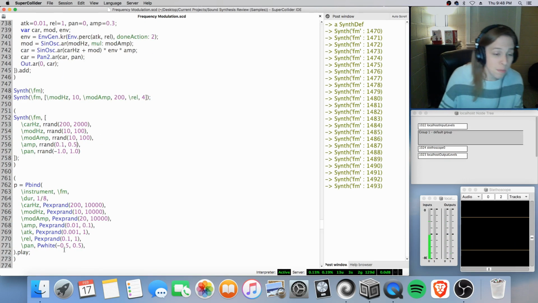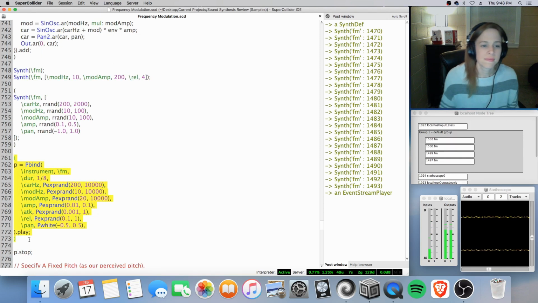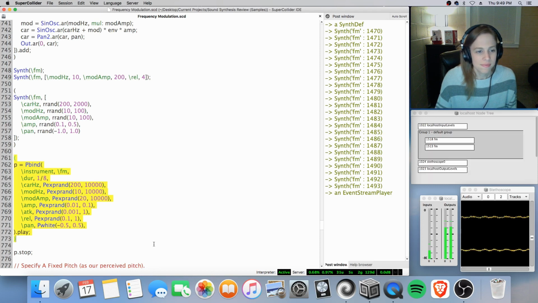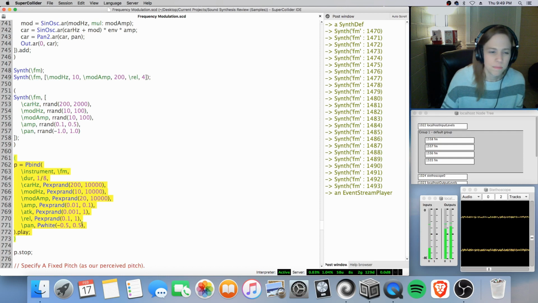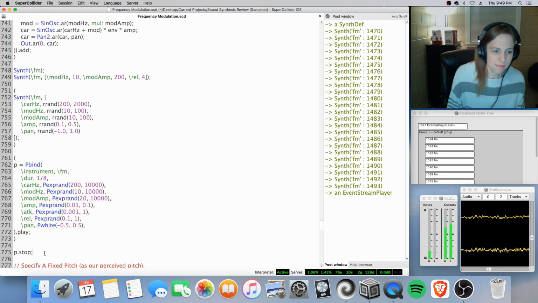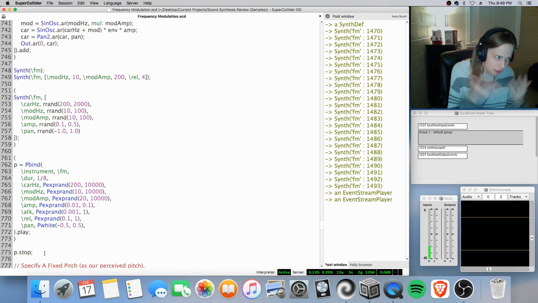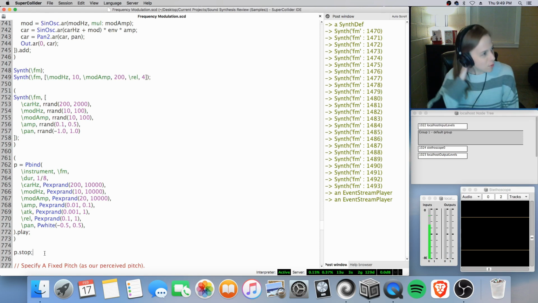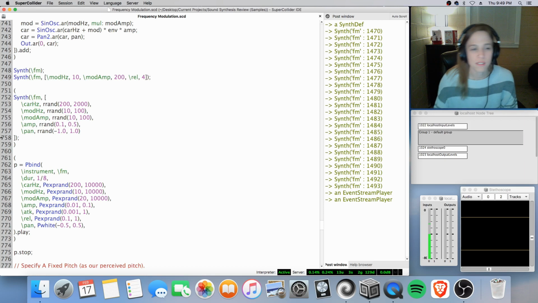And then including a P-bind in the mix. I did change the attack and also release to have a little bit more variety and randomness. So if you've ever wondered what language R2-D2 speaks, it's FM. It's pure FM that he speaks. So, if you're into SuperCollider, you could probably understand what he's saying, or at least understand the science of how